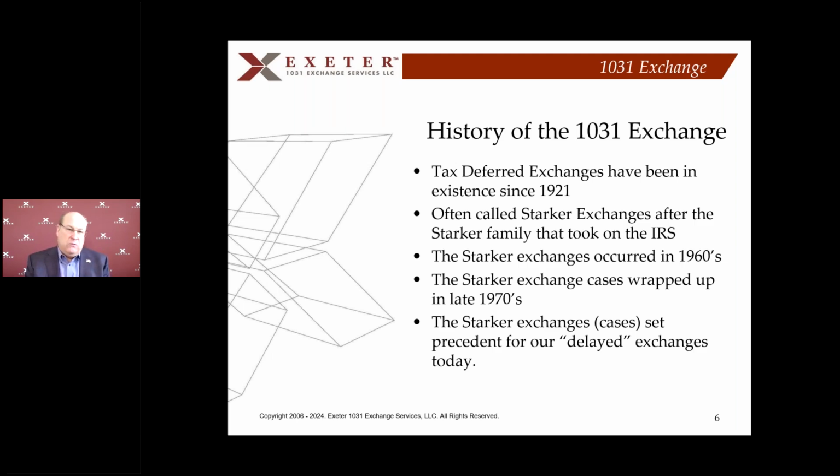If you go way back, before the 1960s, the exchanges were all concurrent. So you'd close on the sale of your current property and close on the purchase of the new property, all on a concurrent same-day basis. As you can imagine, that creates lots of complexities trying to get everything to record on the exact same day. It's very difficult. So there's a family by the name of Starker, and in the 60s, the Starker family